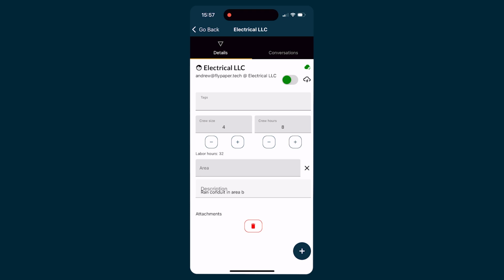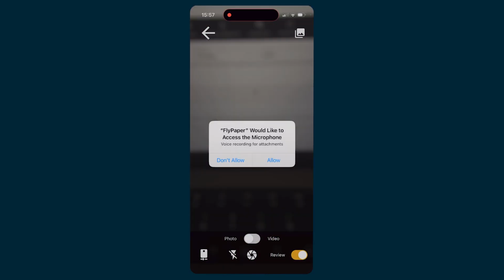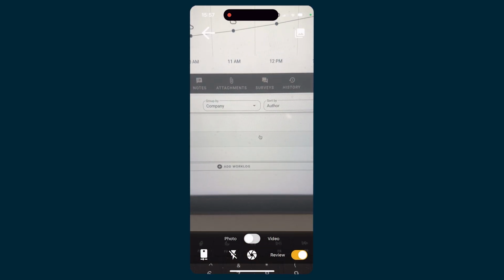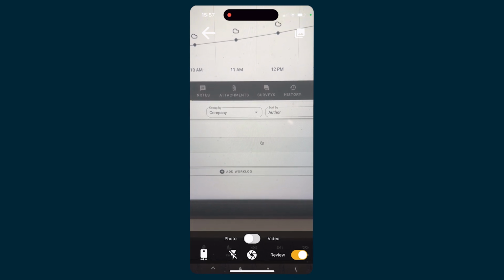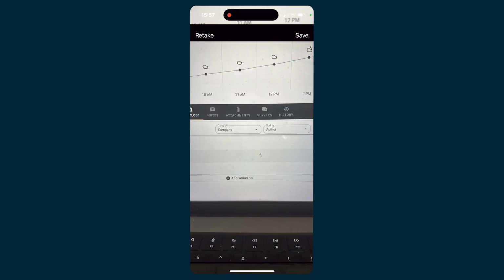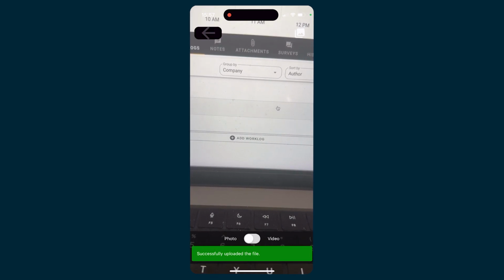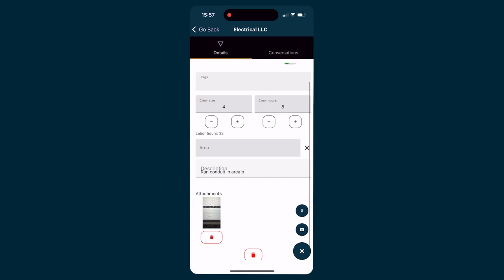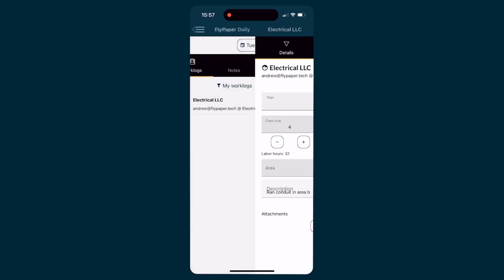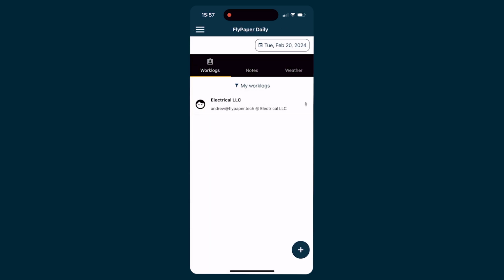So the plus button here allows you to open up your camera and snap a photo. So if you're out on the job and you want to snap a photo, you can do that. And then you just hit save. And that's it. When you go back, you can see that I've added that attachment to this. And you can see that there are attachments indicated that this work log has an attachment with that